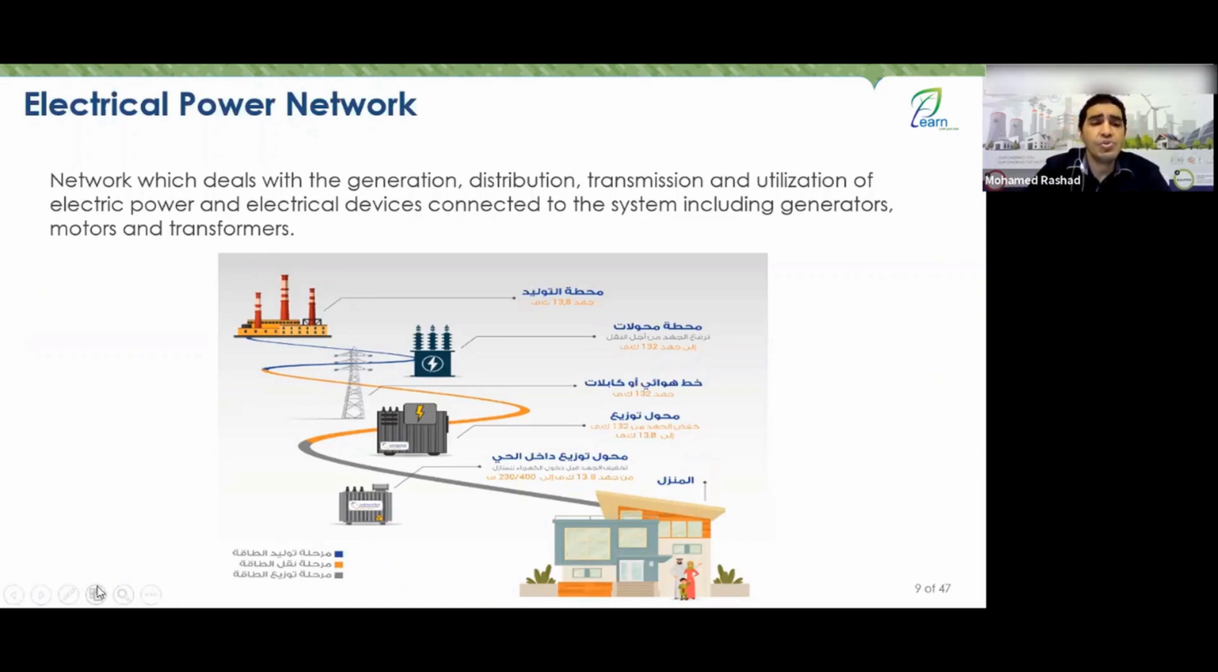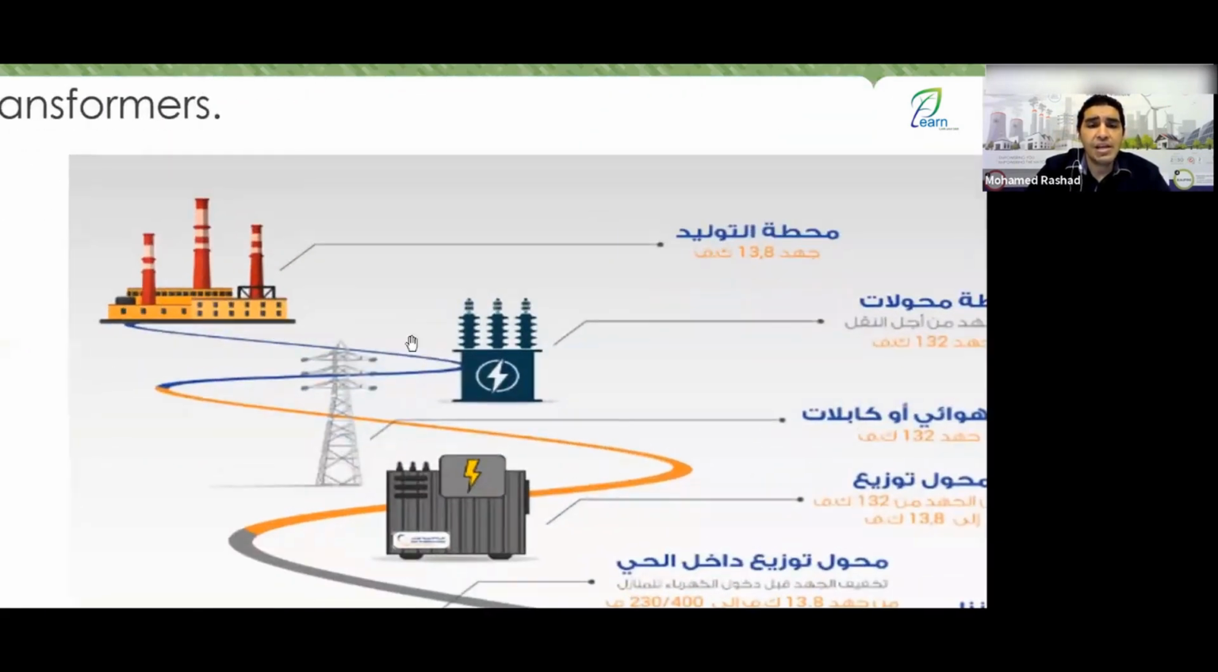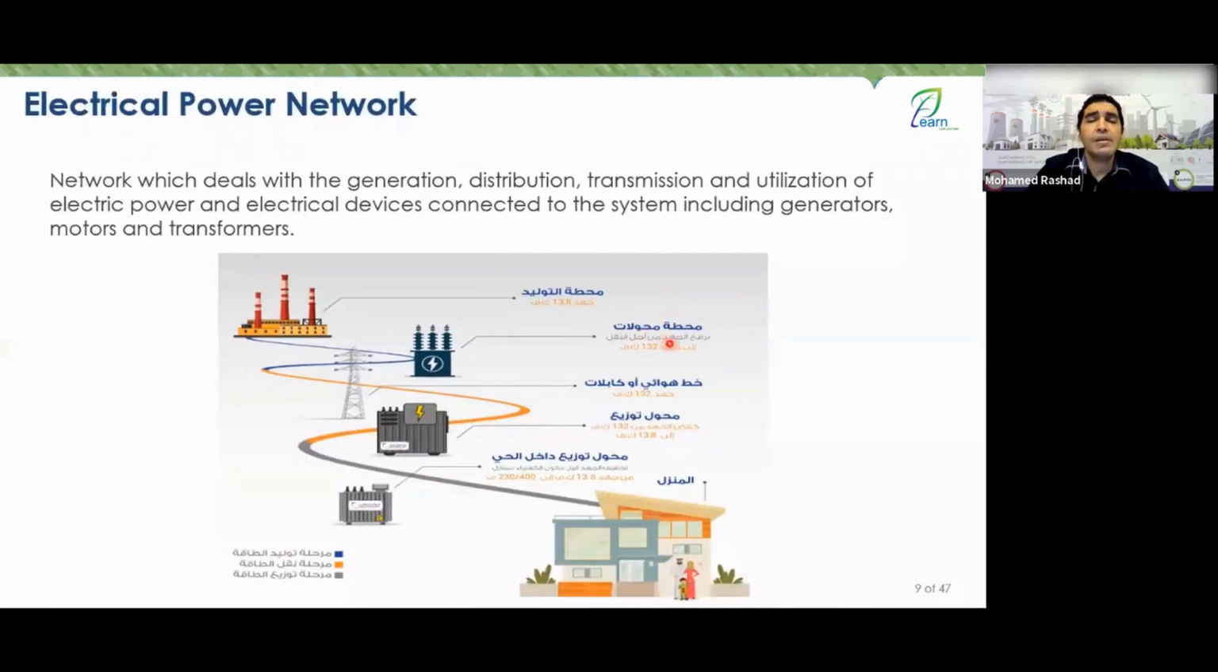It simply shows you that you have a generation station, which we call a power plant. The generation station operates at 13.8 kilovolts and starts to output up to the point where the step-up transformer is located. This is called a substation, where we increase the voltage for transmission to 132 kilovolts or 380 kilovolts, depending on the distance. All right, then in this orange part, which is your overhead line or cables, it reaches up